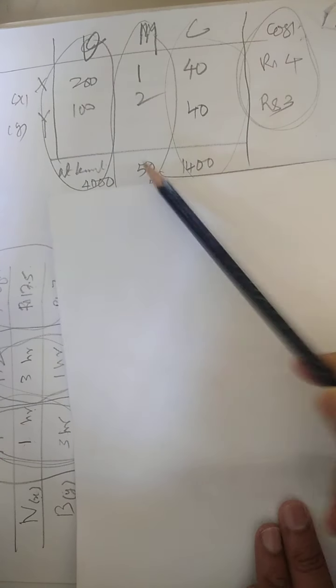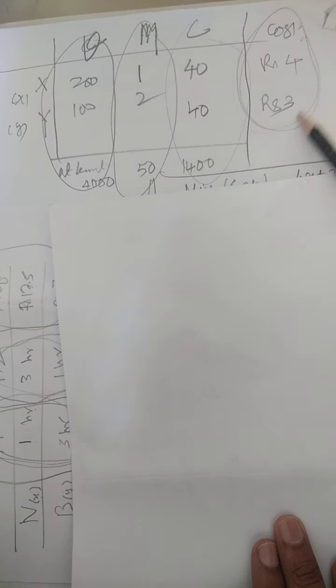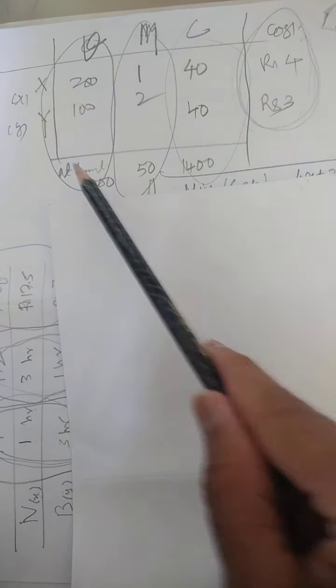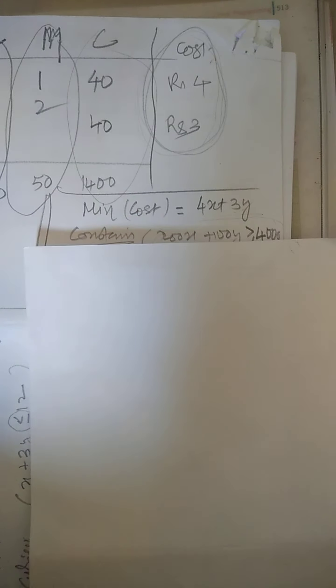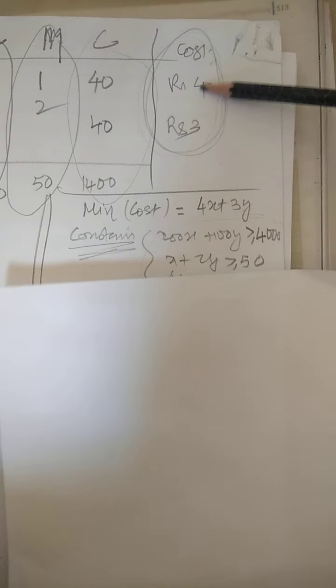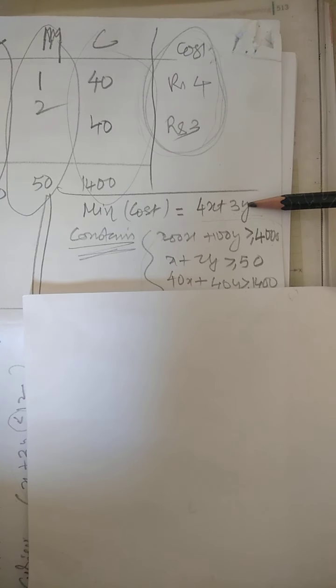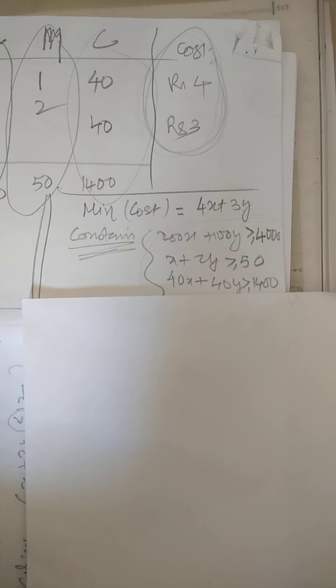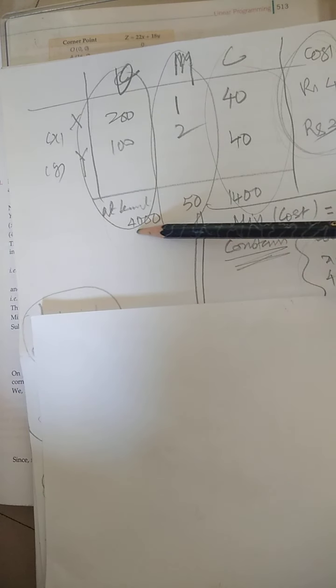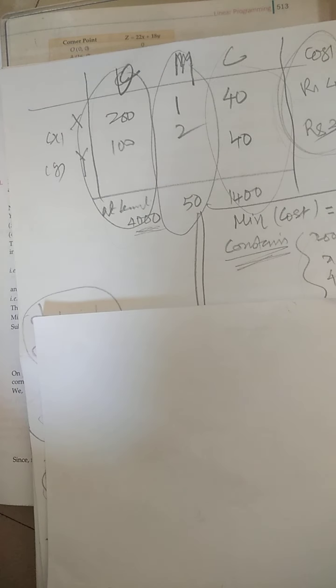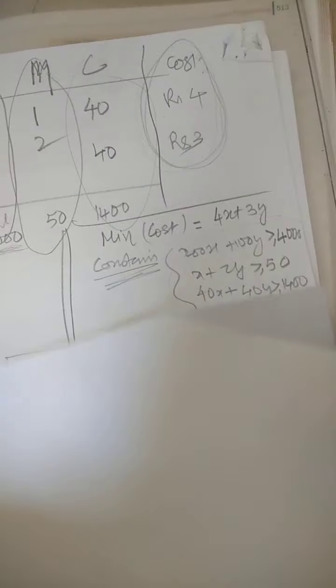Okay, so your problem indicates that this cost is to be minimum and all these things should happen. Now see how to convert the problem into equation form. The first one, this 4x plus 3y, is nothing but your cost function. What was the first condition? The first condition was given on the vitamins. Vitamin 200x plus 100y is at least, that means I should write, 200x plus 100y greater than or equal to 4000.